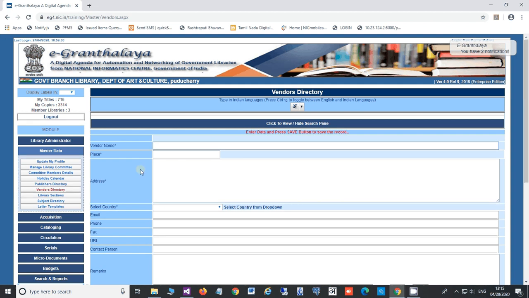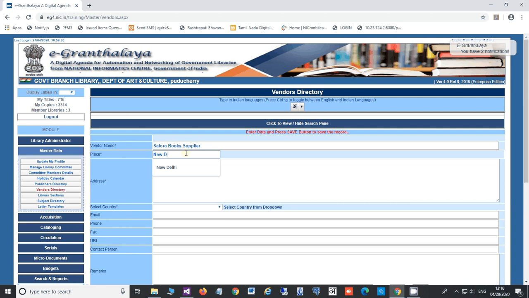Vendor directory is required whenever you are going to purchase any book, because vendor records will be required. Here you can enter the vendor's name. For example, I am entering a fake vendor's name, Cellora Books Supplier. The system will not accept a duplicate name.